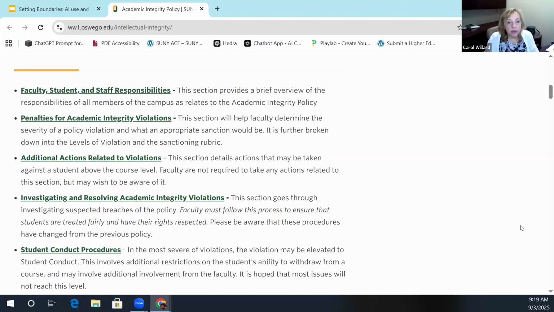So when did that change? That was a really big shift. We moved away from reporting academic integrity violations on Maxient, which goes through student conduct, and instead reported on Starfish, which then gets reported out to the associate deans. And so it stays in academic affairs in a sense, so that we really can use it as a learning opportunity